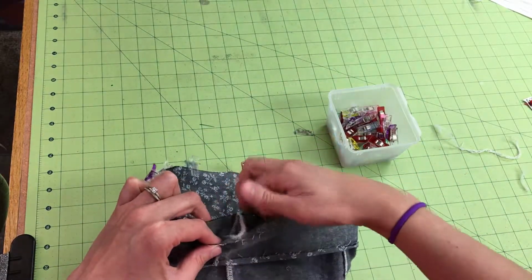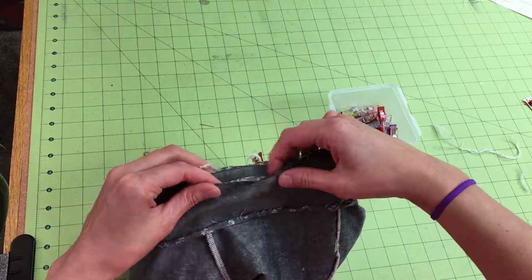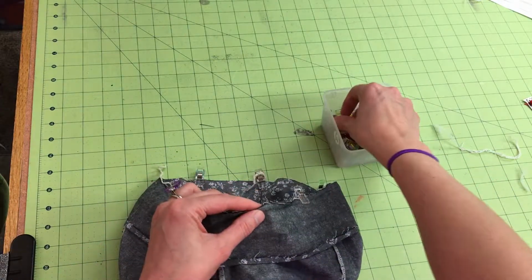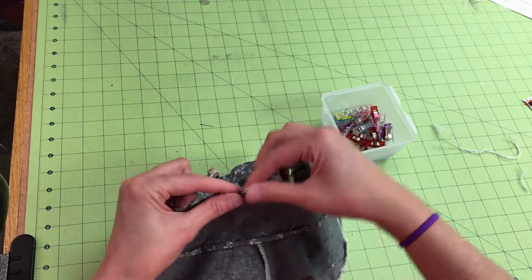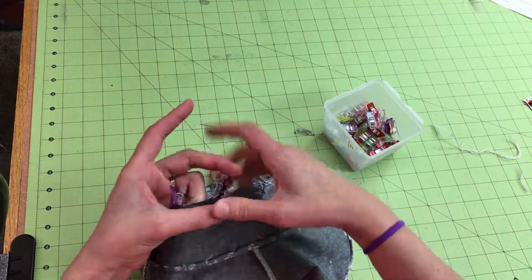And so you see that as I'm finished pinning, I don't have any extra fabric in the pants or the waistband. It fits just perfect. So now that we're all clipped here,